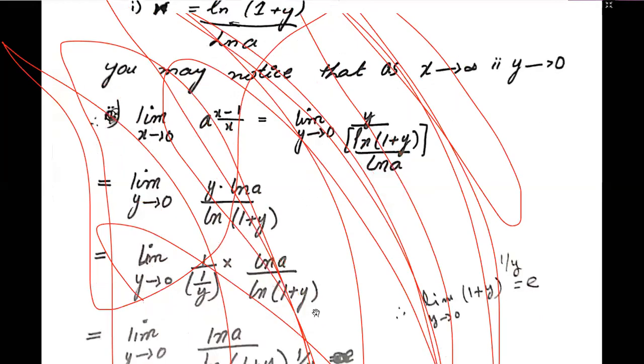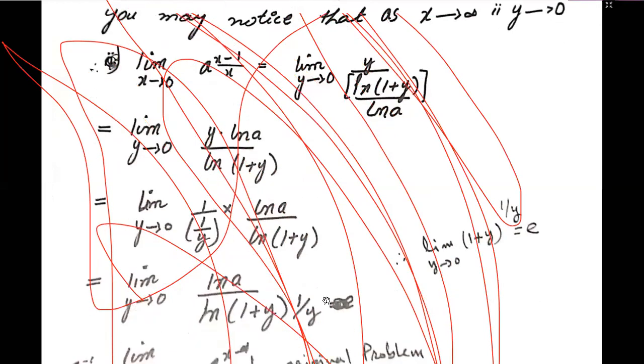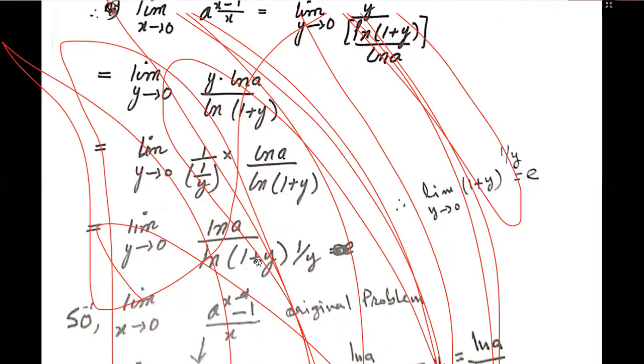Now here this y multiplied by ln(1 plus y), again by the same property of logarithm, y in front will be the power of (1 plus y), that is 1 upon y. It means ln a times ln of (1 plus y) power 1 upon y, and we apply the limit on the numerator as well, and limit y tends to 0, (1 plus y) to the power 1 upon y is equal to e. We did the previous problem, we already proved this. Then ln a is a constant.